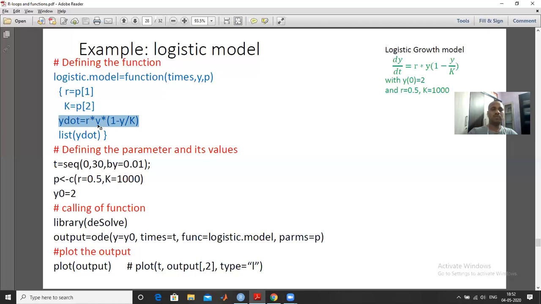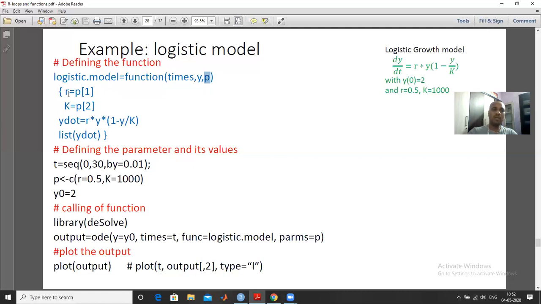y dot is equal to r y into 1 minus y by k. But now I have to define what r is and what k is, because I did not write r and k here. I write p here, so r and k will be in terms of p.